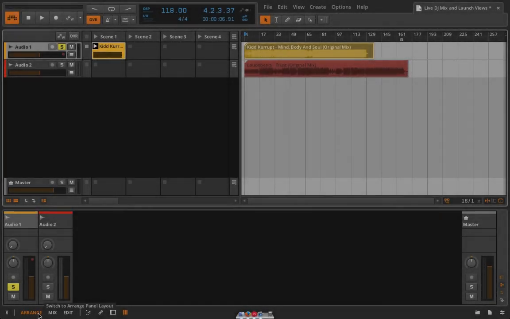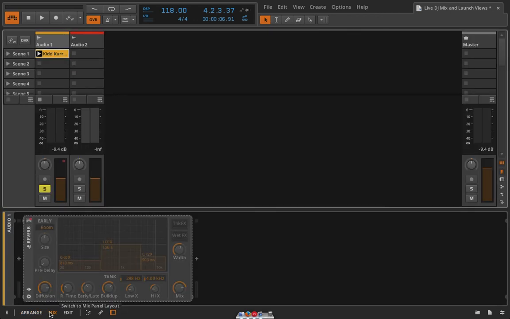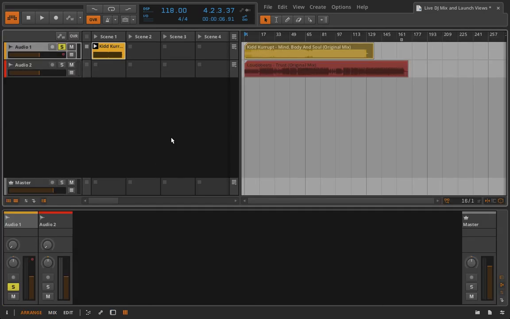I think that about does it for this video. In the next lesson, we're going to take a look at another view, the mix view, and kind of compare these two, and then talk about what view is going to make the most sense for us